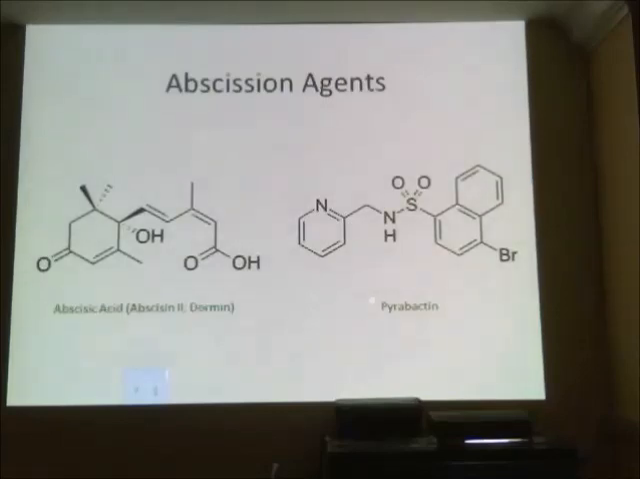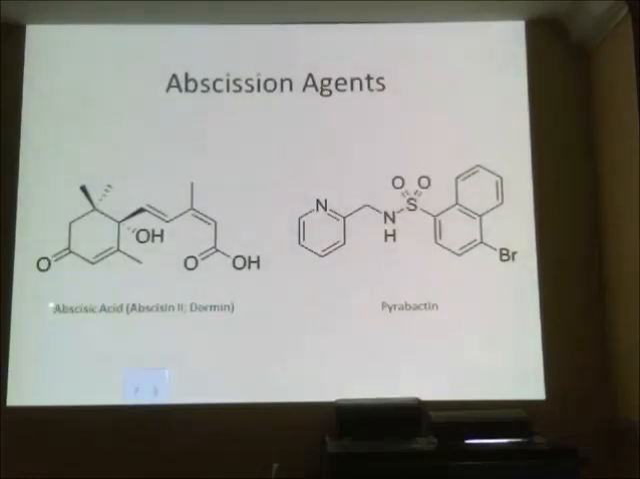Here's this compound called pyrrobactin, and pyrrobactin is a synthetic abscission agent. It also causes stomatal closure. It's an unusual type of compound. These two benzene rings fused together form the molecule of naphthalene, and this is a substituted naphthalene sulfonamide. It's brominated, and over here it has a pyridine or pyridyl methyl group attached to this nitrogen atom here. Again, I don't expect you to memorize any of these structures, but you should understand